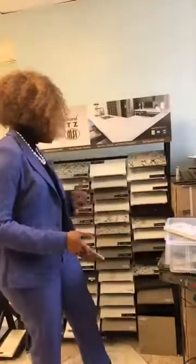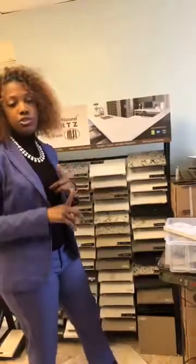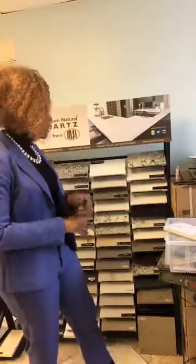Marble, which is terrible for a kitchen. Now we can get a marble look in quartz. It's going to be a solid surface that's durable, that won't stain or anything like that. So that's one of the reasons people like it, because now you can get some of the looks of stones that are porous and not as durable. Now you can get them in quartz. It's a solid surface. It's non-porous,